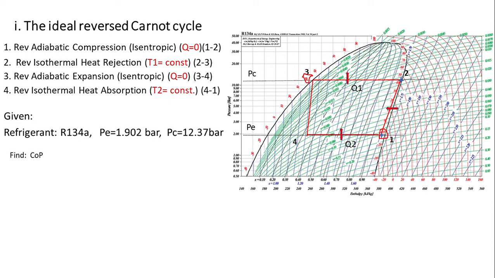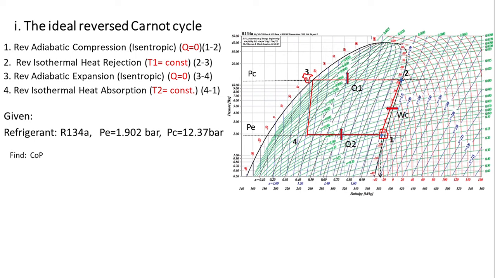And then we have 1 to 2, which is the process of compression. We are calling it isentropic compression, which is occurring in the compressor. So Q2 you are supplying here, which is at temperature T2. Q1 we are rejecting, again at temperature T1. Work you are supplying to the compressor, that is WC. So with this, let us find out the COP.